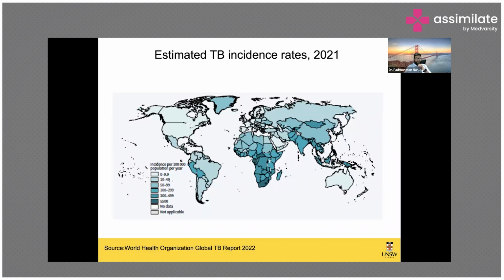This is another slide which shows the TB incidence rates. Basically, you can see that India is in a darker green zone, roughly about 150 to 180 per 100,000. So every year we get 3 million estimated cases, and we will talk a little bit more. But just want to highlight that in terms of new cases, India is still not as bad as the African region, where the incidence is very high, roughly about 350. And still we are doing better, but I think we still have a long way to catch up.